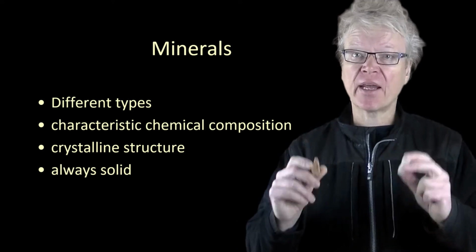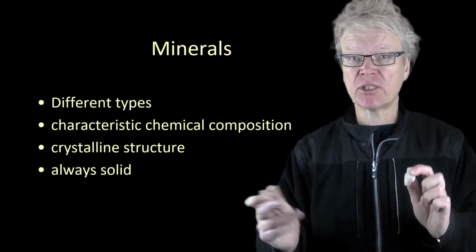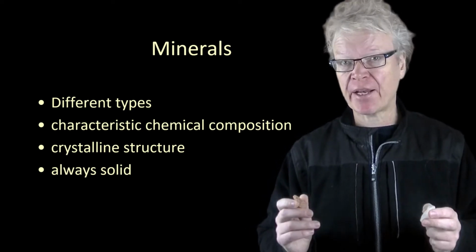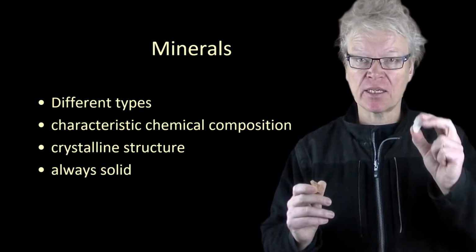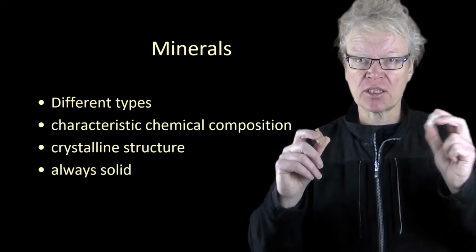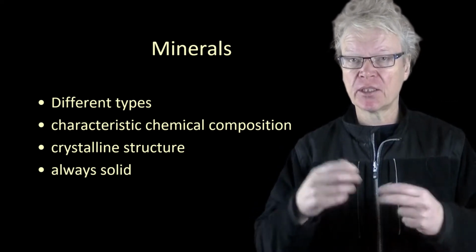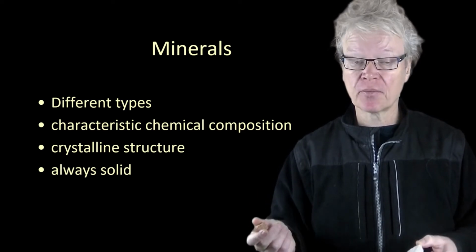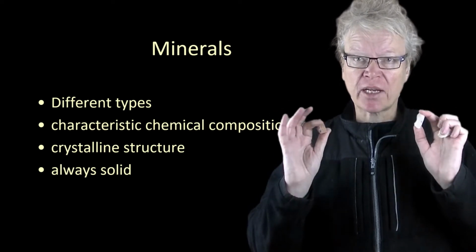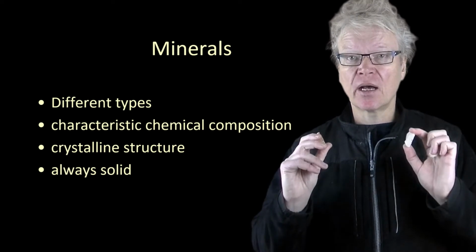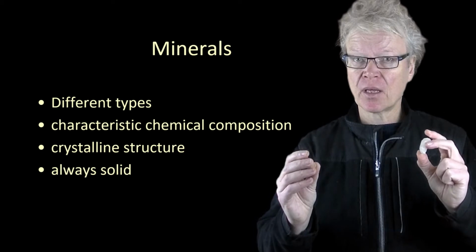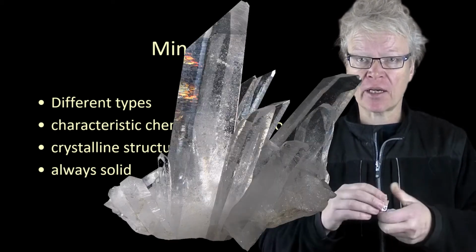They have a characteristic chemical composition, which is why I started out showing you those different arrangements of atoms. Different elements give us these different minerals. So silicon and oxygen gives us quartz. Change the elements, change the atoms, and you change the mineral. So they all have a characteristic and unique chemical composition. They are crystalline in structure. So you can have crystals like this fancy one,